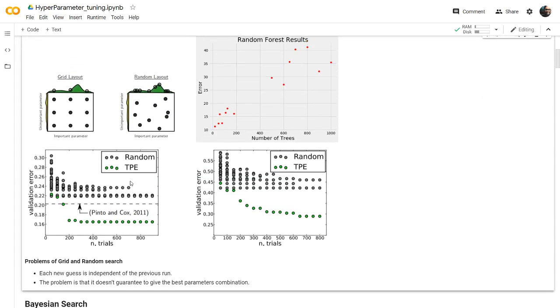Let's understand the difference between the last two algorithms which you learned, the grid and random search, and the current algorithm. If you see here, in the grid layout and the random layout, the values which we'll be giving will be in the form of a grid.